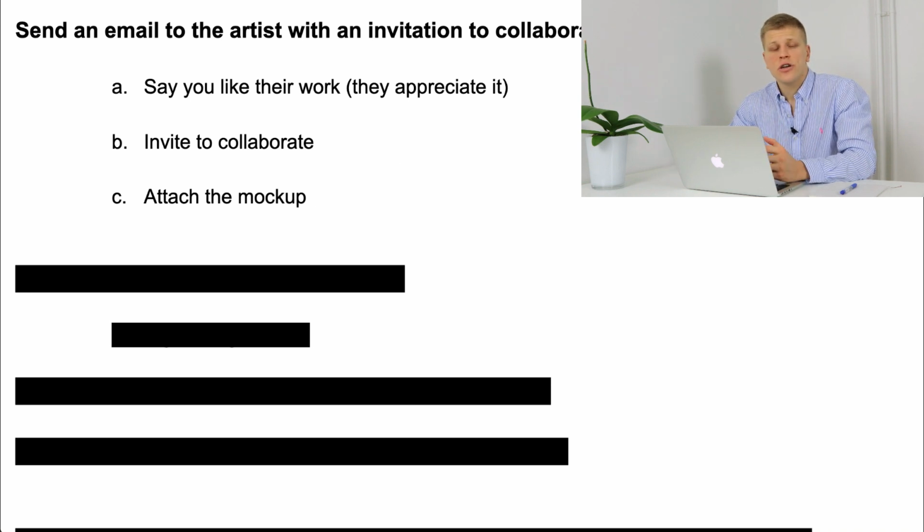Once they get back to you, you're going to talk to them for a little bit and you're going to go back and forth talking about different questions they have, the details of the collaboration, and so forth. Your goal is to sign an agreement with them, which basically states that you get to use their piece of art in exchange for them receiving a percentage off commission. And then you also have to write down who is responsible for what. So you write that your company is going to be responsible for product manufacturing, shipping, customer service, and also you're going to handle the payments. And they are only going to be responsible for the